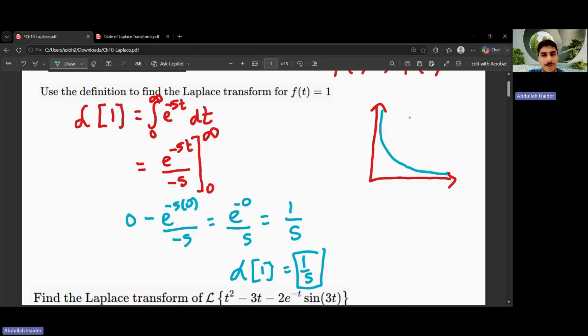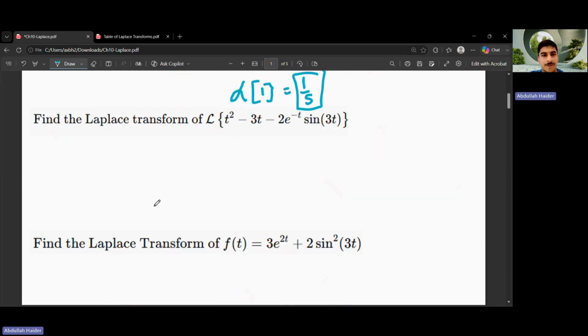And not only for f of t equals 1, you can be asked about anything. Laplace of t, Laplace of e power t, Laplace of cosine, Laplace of sine, all this. But this is just a simple example to show how you can apply this integration to find any Laplace. Now, if I want to find the Laplace transform of t squared minus 3t minus 2e power t sine 3t, what I'll do is simply